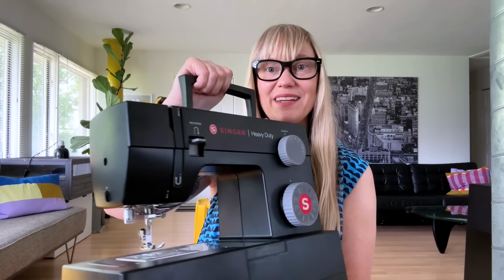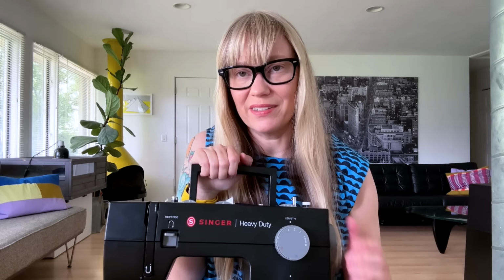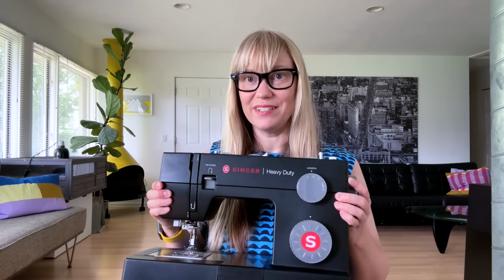I love how it looks. I love the settings. I love how it runs. It's super smooth. You're going to see in a bit, I sewed through four or more layers of this heavier fabric with ease. So I'm truly loving this thing. I love how it looks. I leave it out sometimes and it just looks nice. So I'm loving this. And let me just dive in and show you